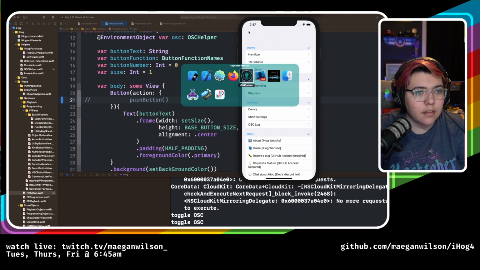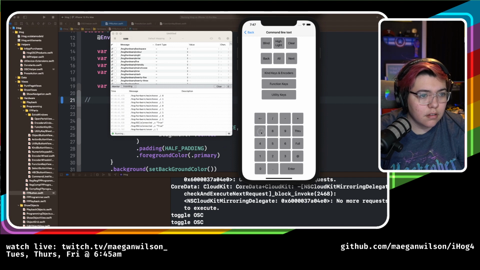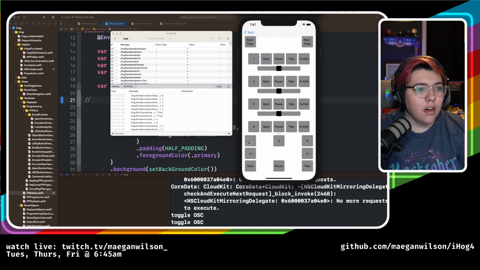Oh, that's what I'm looking for. All right, let's try again now. Programming. Cool. There we go. And now in playback, Hog just released this feature where if you hold down, I think